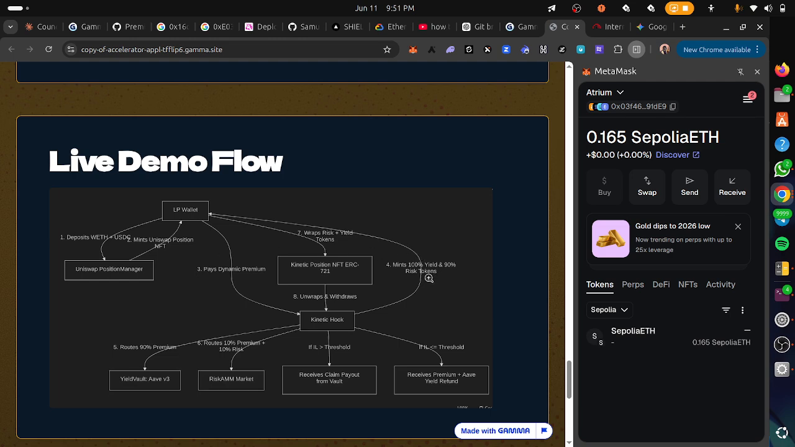So you get minted 100% yield token and 90% risk token. This risk token is actually the holy grail of this thing. We created the constant formula for the risk token, where you can trade your risk. You can trade your risk, and it means when you deposit liquidity, yield token and risk token will